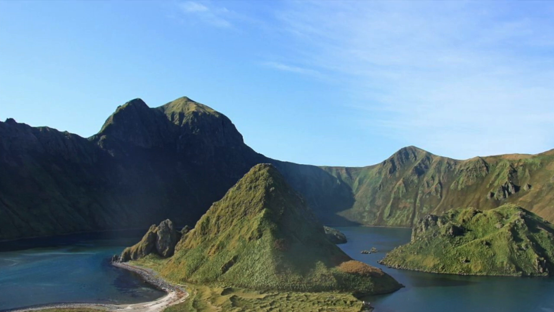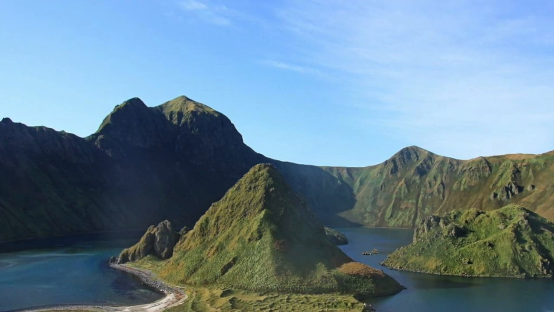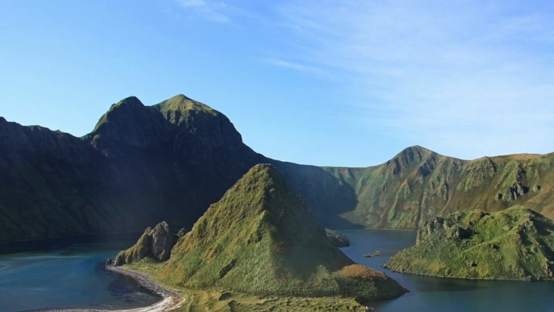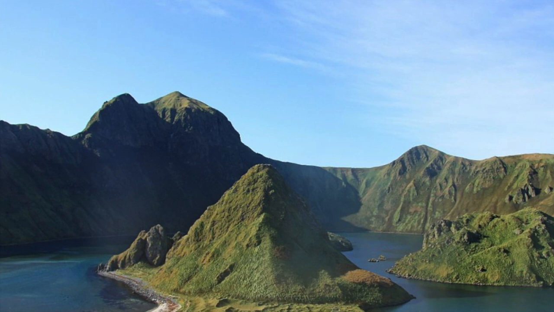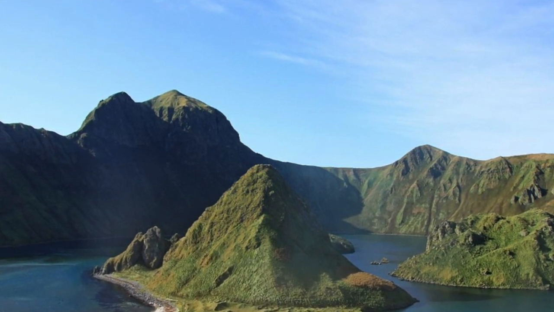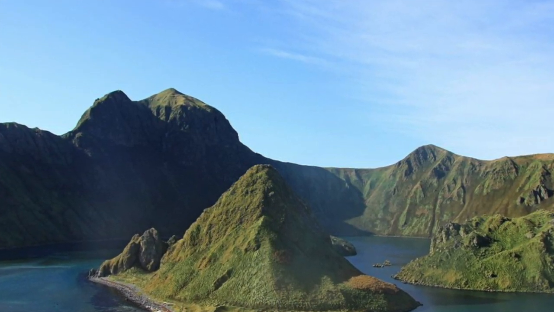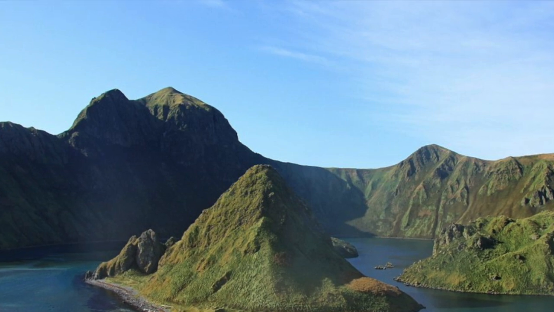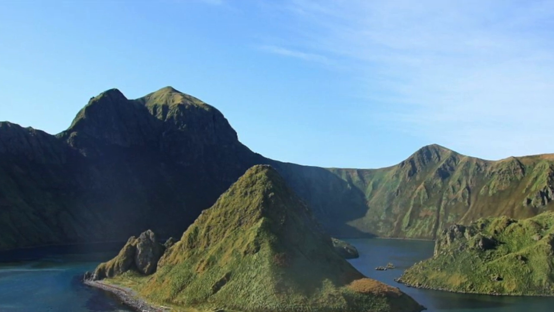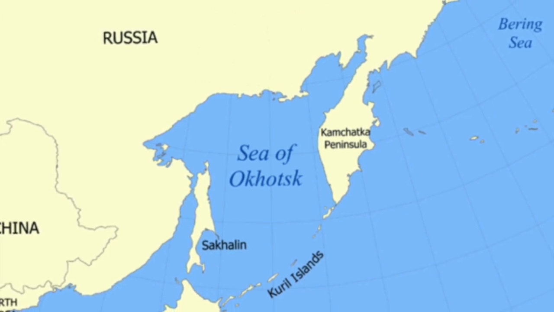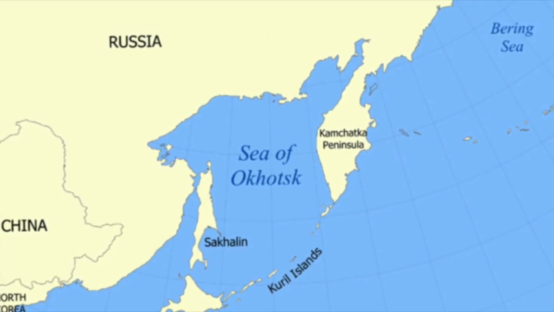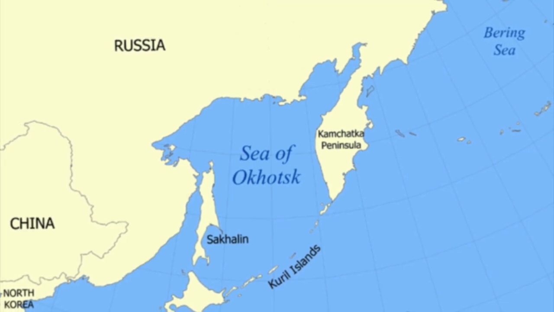The Kuril Islands are a chain of islands stretching from eastern Russia down to Japan, and they separate the Sea of Okhotsk from the Pacific Ocean. In total, there are 56 islands in both the Greater Kuril chain and the Lesser Kuril chain. The islands are on the Ring of Fire, an area where a lot of seismic activity occurs, and they were created due to the subduction of the Pacific Plate under the Okhotsk Plate.